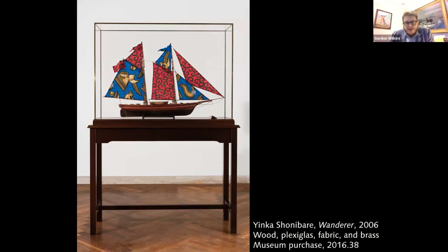We were able to rectify that major omission in 2016 through the acquisition of Yinka Shonibare's Wanderer, which we have a photo of here, and it's on display in one of the front four galleries as part of Sea Change currently. And when it's not on display there, it is on display with the rest of the model ships in the basement. This is the very first model ship to be added to the collection in over 80 years. And what's remarkable about it is that it was built to the same scale as the rest of the collection. So this was not a custom produced work. This is actually an editioned work, a fairly small edition, I believe 4 examples,